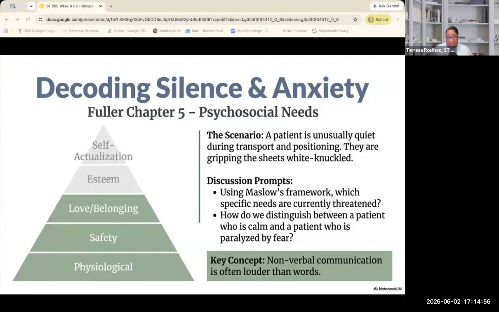Maybe they won't even look at you. In the OR, nonverbal communication is often way louder than any words spoken. If you're technically focused but not observant, you can miss those little things. So, as STs, we may not be the primary communicator with our patients, right? But we are always observing. Our awareness supports the entire team.